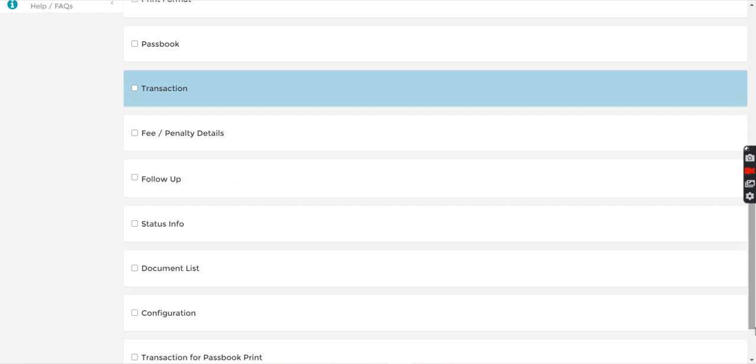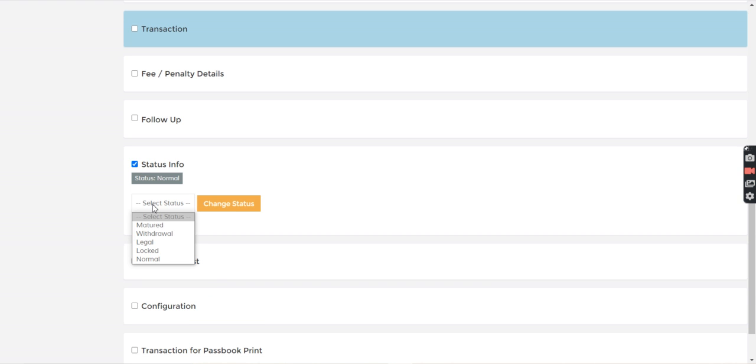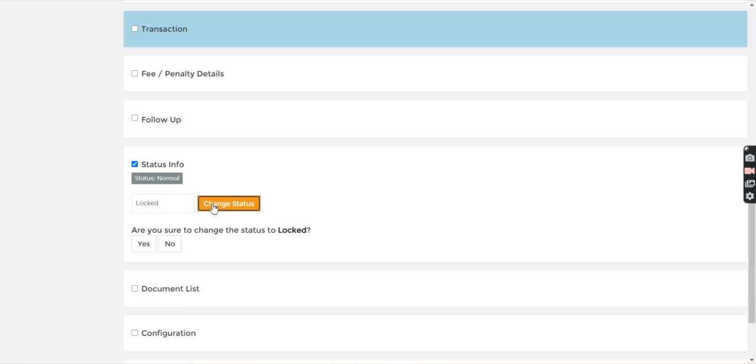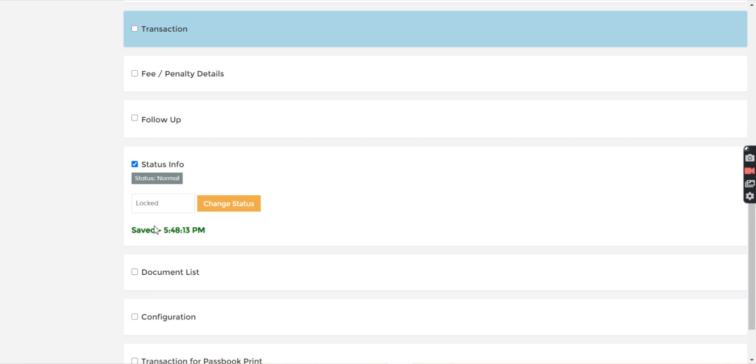And now you can see in status information, I will go and just lock this status from here. I will just change the status. So yes, now I have locked this account.